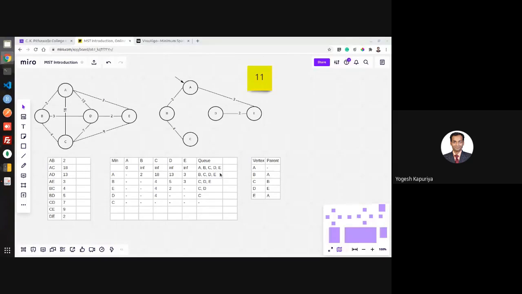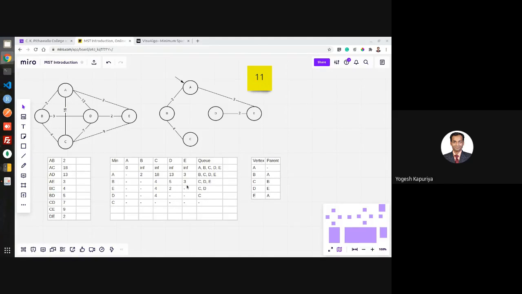While the queue is not empty, you are extracting the minimum from this queue. So you have extracted minimum A. Now for every edge connected to A, you are checking its other endpoint. If it is in the queue, then you are checking its edge weight with respect to the key value. The key value for all these is infinity. So for every edge of A, the key value will be updated, and accordingly the parent of that vertex will be updated. Parent indicates the actual representation of the graph.